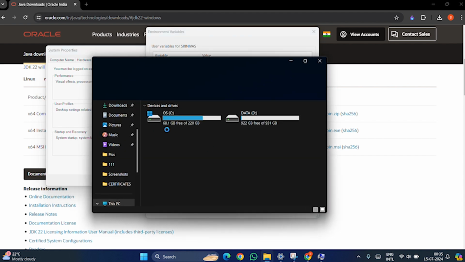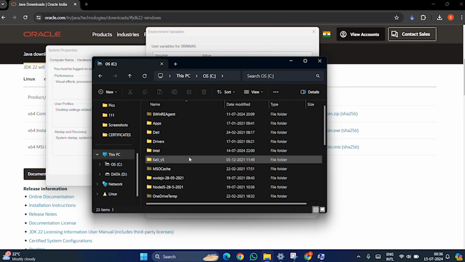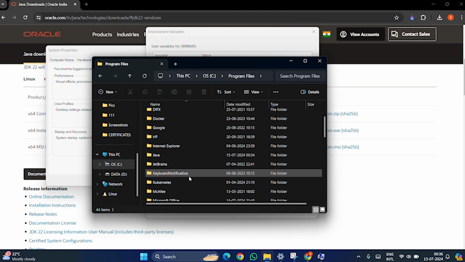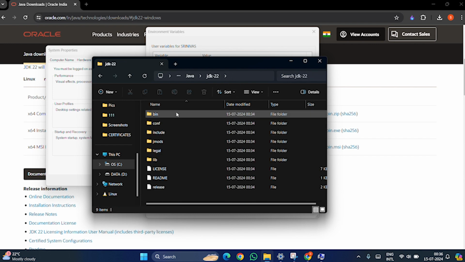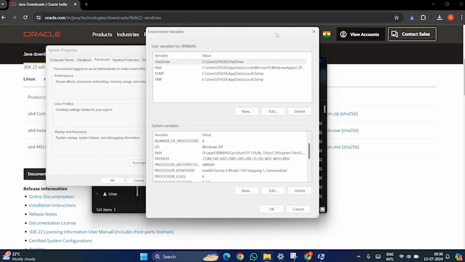So before that, go to local C and select program files. If you remember, this is where Java got installed. So go to Java JDK 22 and then go to bin folder, copy the path of bin folder, go back